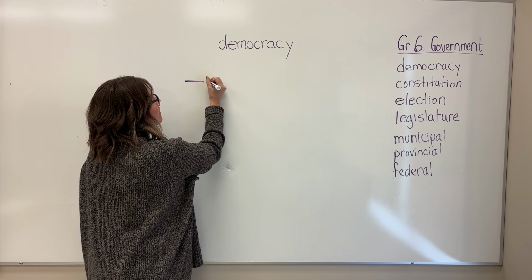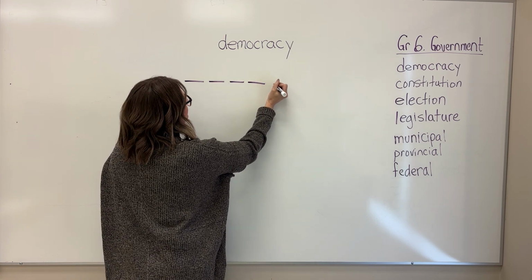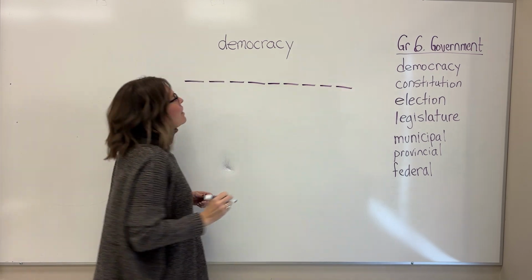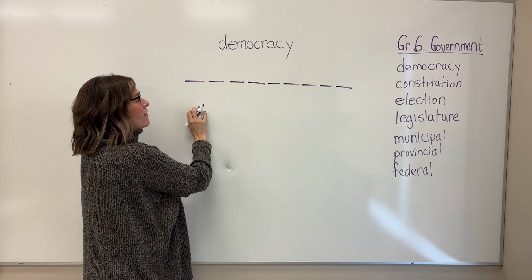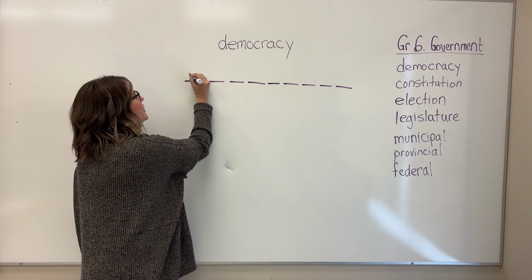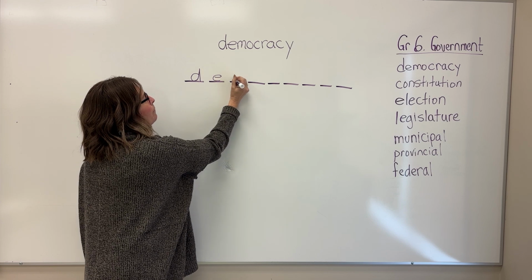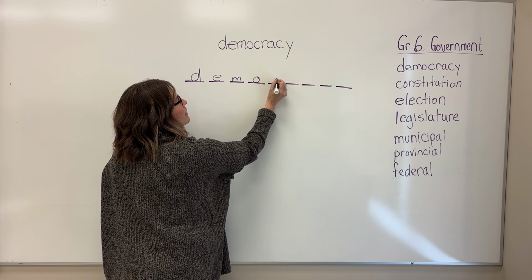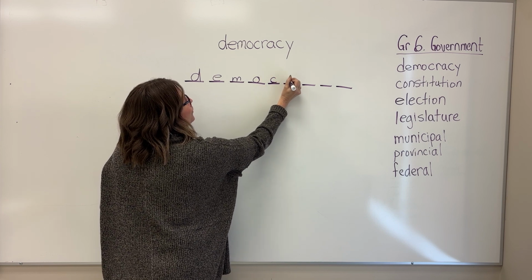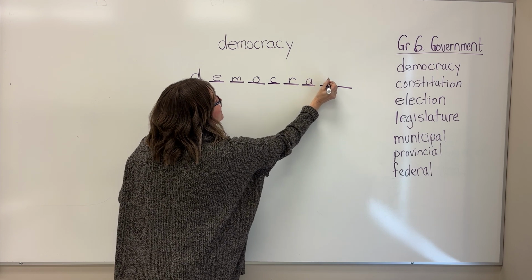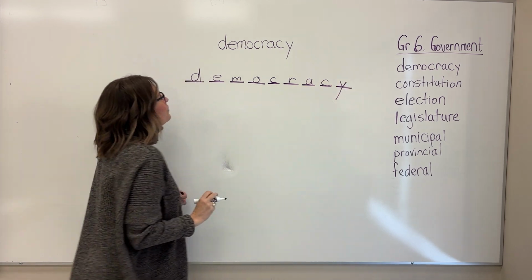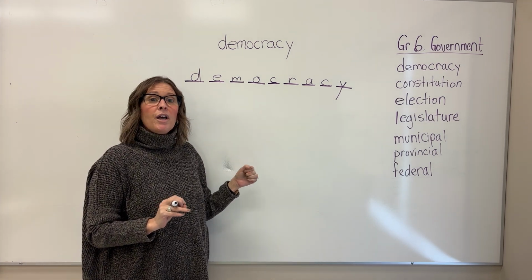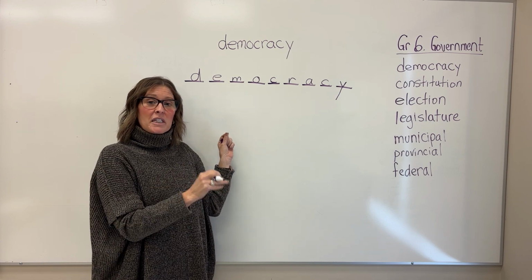Then I would take 9 lines, 5, 6, 7, 8, 9, and we would then place the letter for each sound we hear. The D, K, S, E. So we would put them all in their own spot. You hear every single sound in this word, which makes it easier for them to spell because they do hear